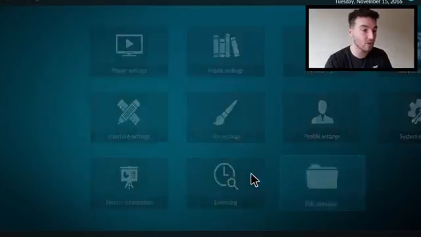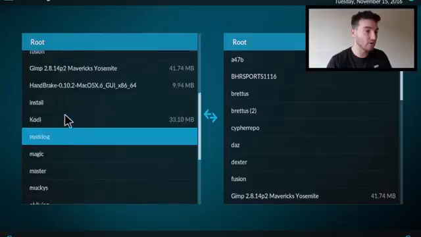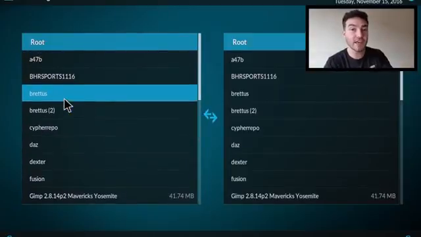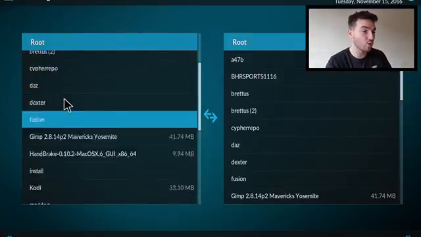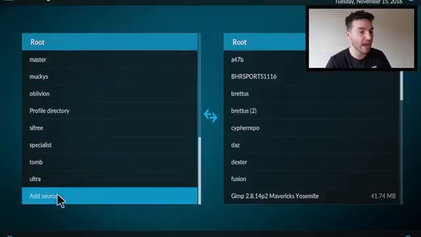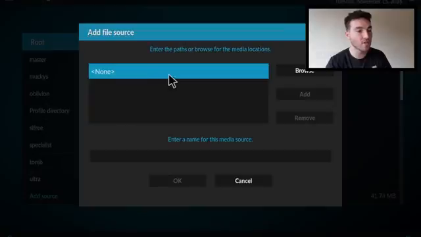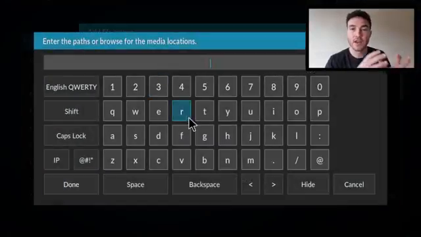So you go to file manager, and yours will be blank here. You won't have anything in this section if it's a new one. What you want to do is scroll to the bottom and click on add source. Once in here, you've got the none section. You want to click on that, and this is where you're going to need to put a source link in,